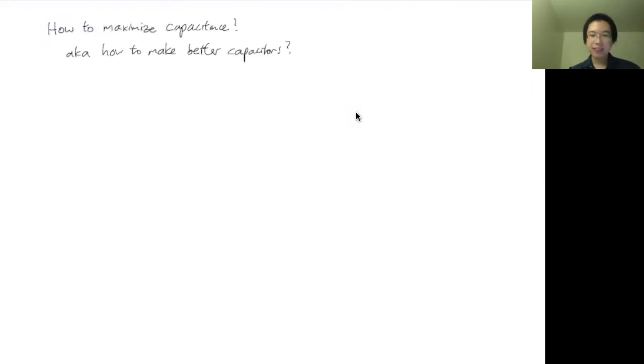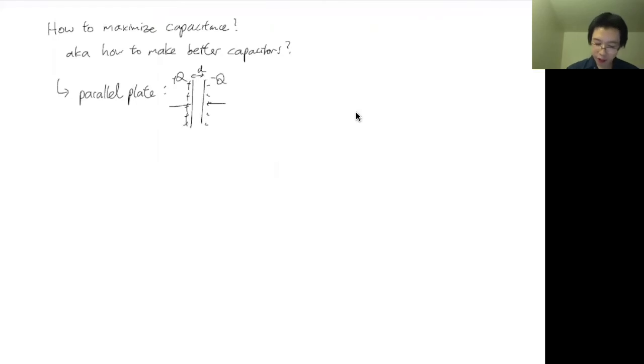Increase the surface area of the plate. Brilliant, exactly. So let's look at the math if it agrees with this. This time it's not a trick question. So let's look at a parallel plate. These are called parallel plate capacitors. So we have the positive charge, negative charge side. They should balance, right? So let's say I separate them with a given distance d. One side I'll get positive q, the other negative q, and I have delta V over here.